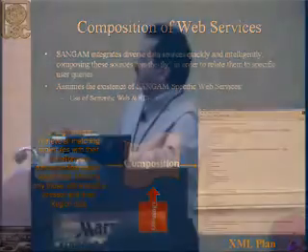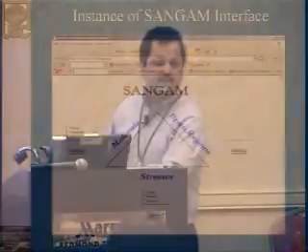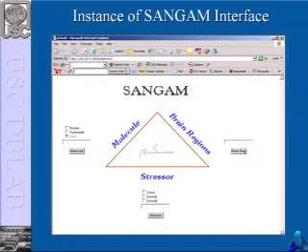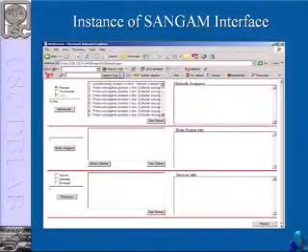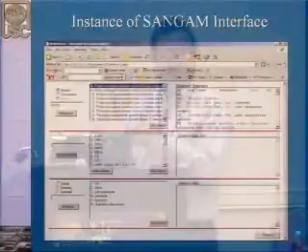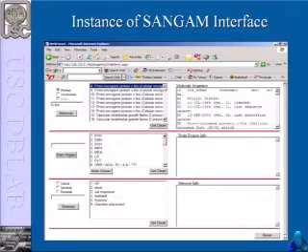This query plan is represented in XML. And that XML plan is what the RTI walks and executes to produce the results. This is the interface of SANGAM. So this is what the user or the scientist uses. They insert a protein or a molecule or define a stressor or a brain region. In this example that I have up here, they specify a protein, CFOS, and get its details. The query plan that I showed you a minute ago is what gets executed to produce these results.